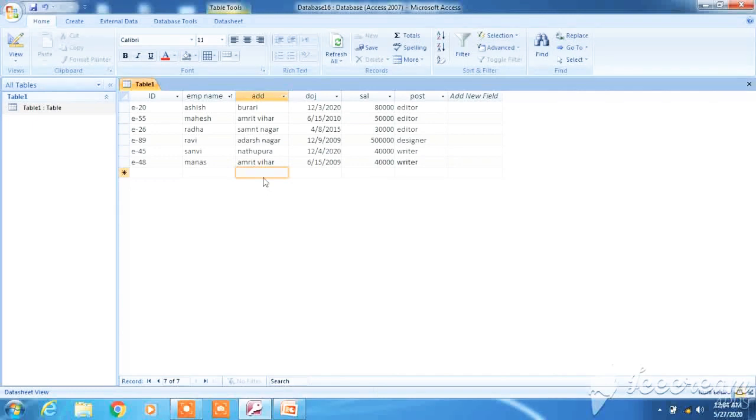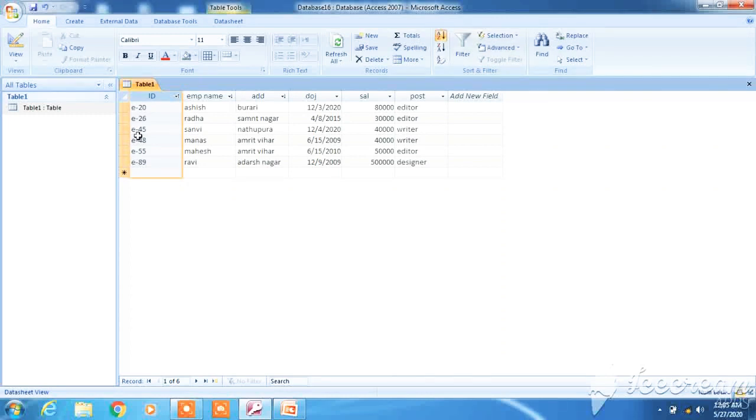Okay, so suppose this is sorting and filtering. If we click on this, it will sort in ascending order and this will sort in descending order. Can you see? First you have to select the field. You can also sort according to employment ID. All the employment IDs will be sorted in ascending order.